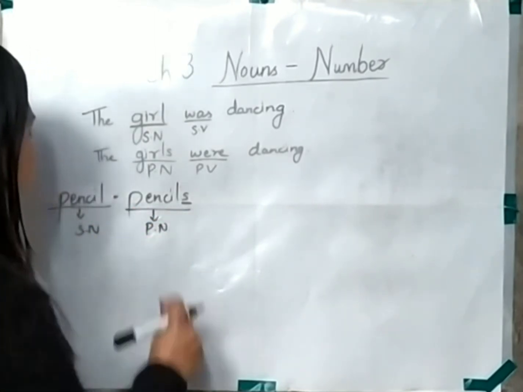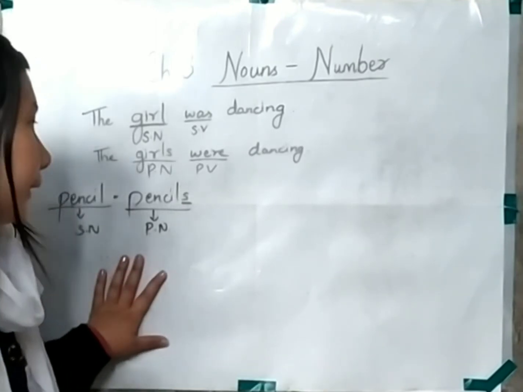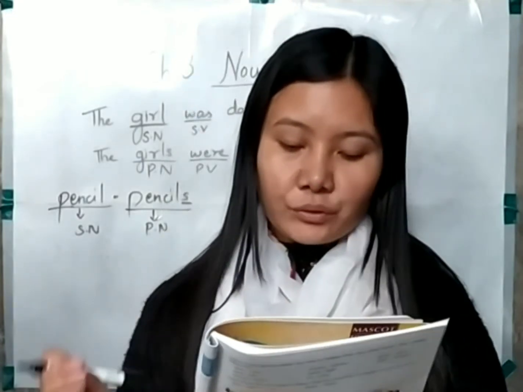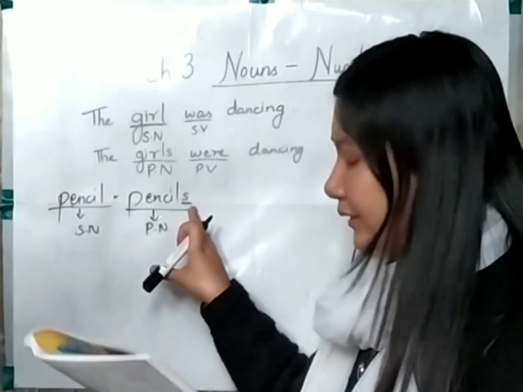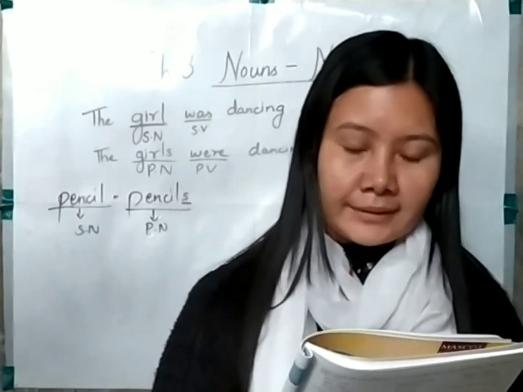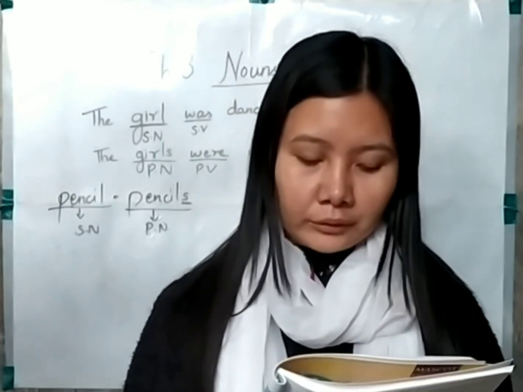So this is quite easy to understand. I hope you are understanding. So that is often what we do: we add s to a singular noun in order to form its plural. In the examples provided in your book, you can see lion, lions, goat, goats, room, rooms, table, tables, chair, chairs, ball, balls.